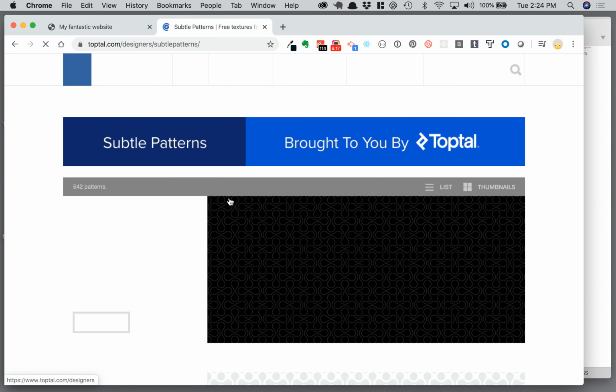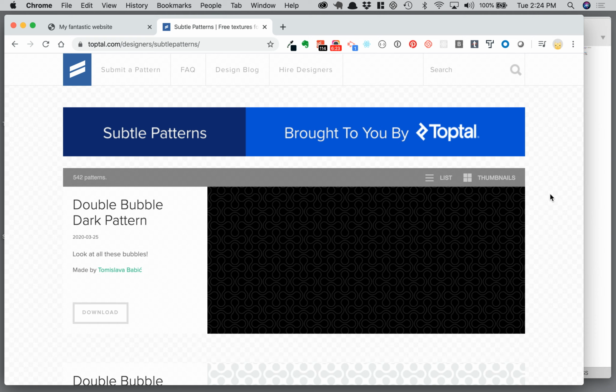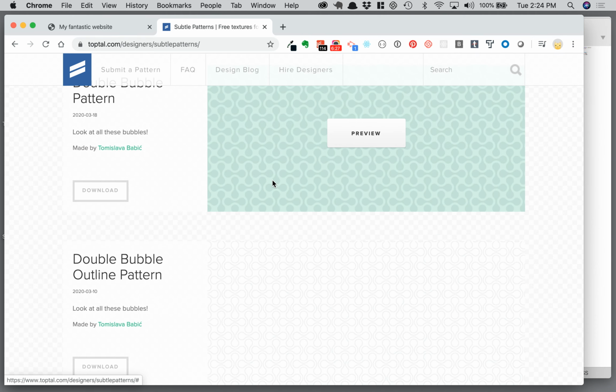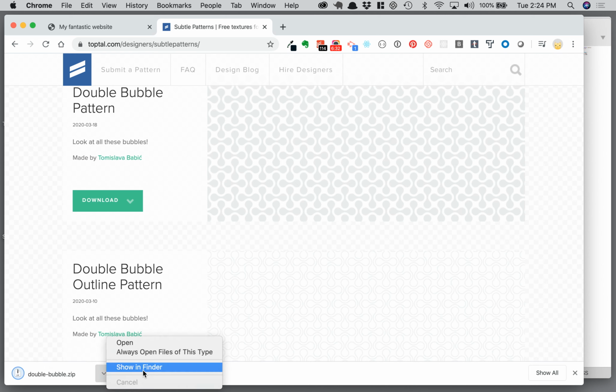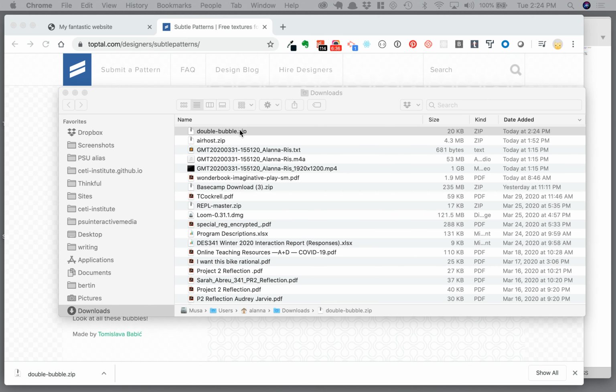They give you a list of really subtle patterns. Let me see. I just want to randomly pick one. I kind of like that one. I'll just download that one. Okay, it gives you a zip. If I open the file, open it up,